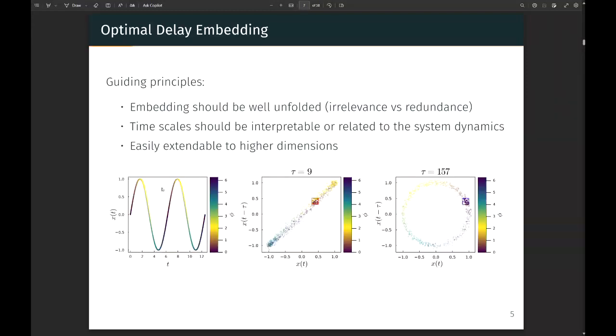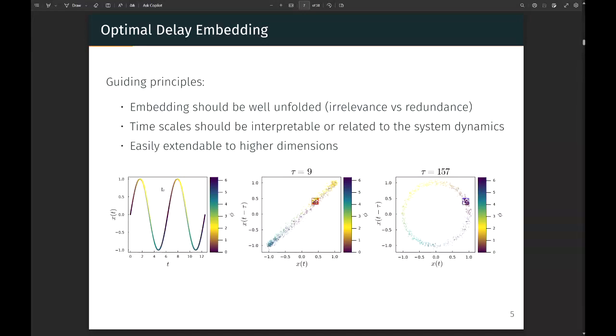Now, the big challenge for this is parameter selection, because it's all nice and well and good if you take a tau, take an m, and actually in the original formulation of Takens' embedding theorem, it doesn't matter what tau you pick. You can pick whatever tau, and as long as your m is large enough, it's fine. Reality is not so simple, mostly because oftentimes the data is finite and the data is noisy.